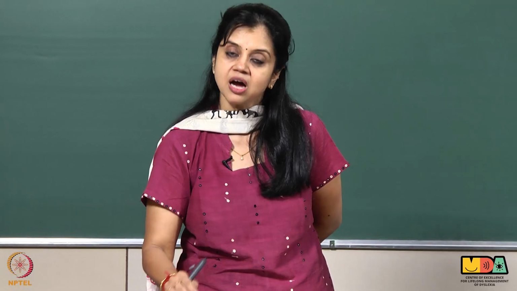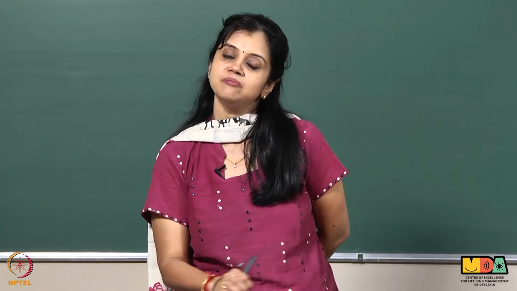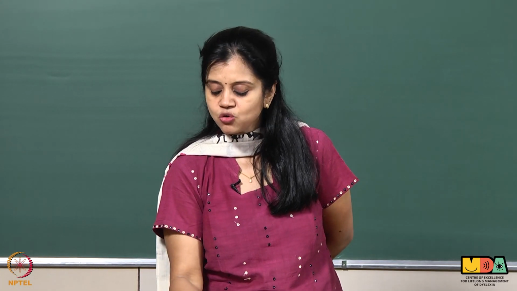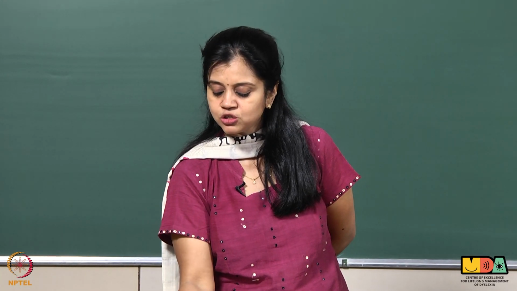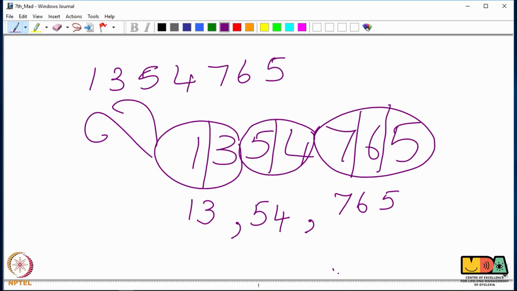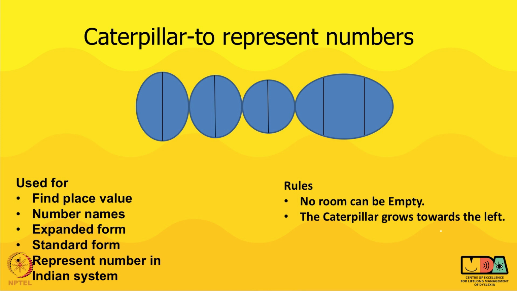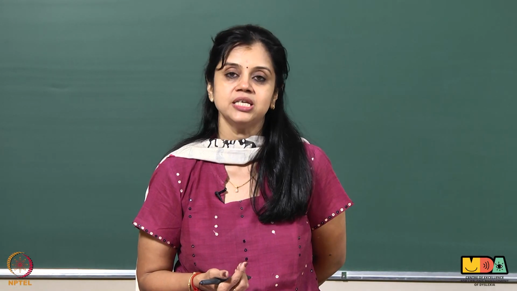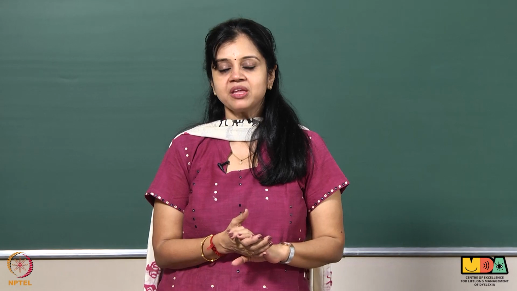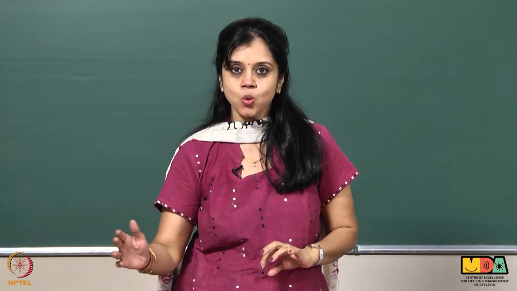So, writing the number however big it may seem in the Indian system becomes very easy once they draw a caterpillar around the number. How do they get this orientation of the caterpillar growing in 2s after the last 3 digits? We have already taught them initially when we made them just draw the caterpillar without the number. So, drawing the caterpillar will help them to find out the place value, will help them to write in expanded form, will help them to write in short form, will also help them to write the numbers using the Indian system.